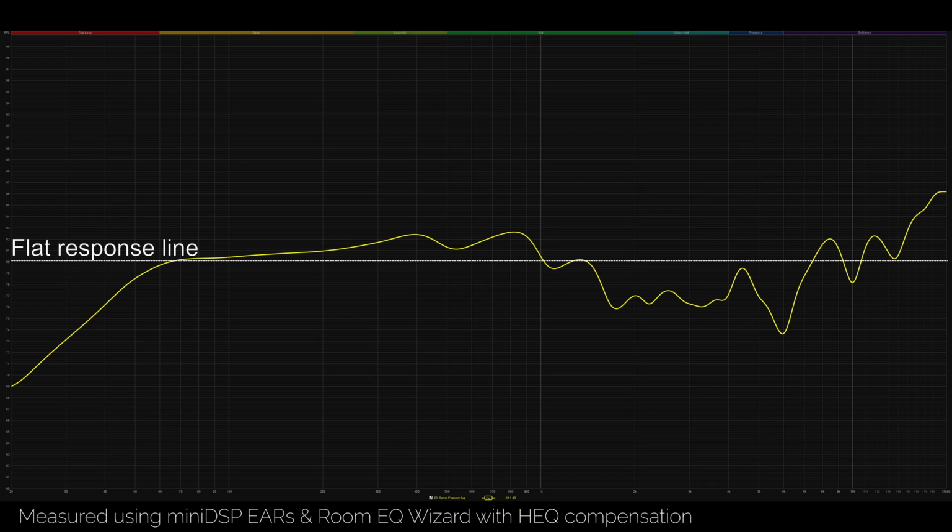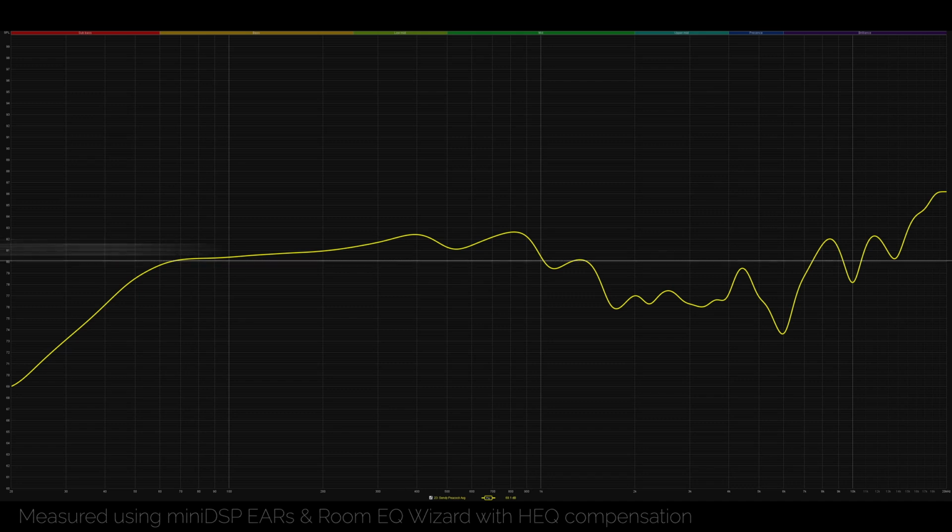enjoyable listen. It's worth noting that the bass isn't particularly present or particularly deep in terms of extension, but I also wouldn't say it's lacking in bass. These aren't a headphone for lovers of deep, rumbling bass, say electronic music for instance. These aren't necessarily going to be the best choice for that, but they're not in any way anemic or lightweight